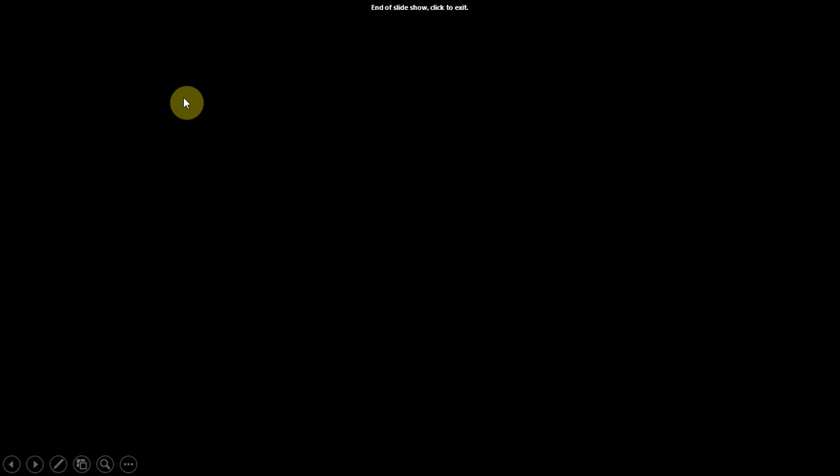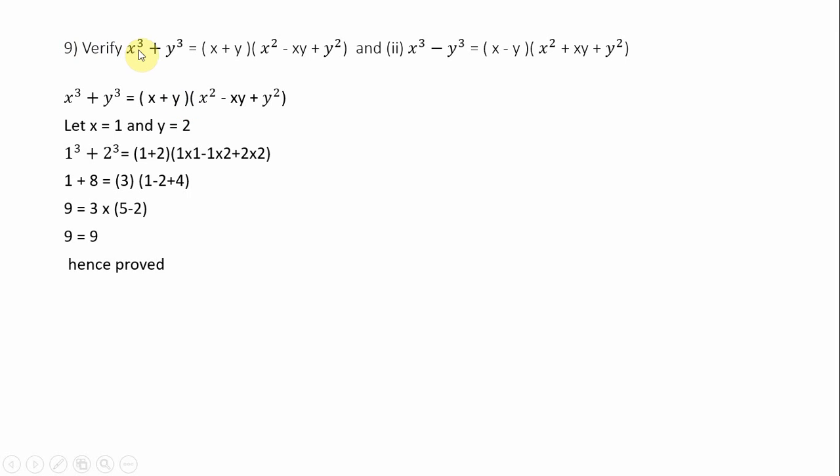So here you can remember it like this: when you have x cube plus y cube, then x plus y is there, and only xy will be negative. Now x cube minus y cube, how do you keep in touch with the formula? x minus y is there, so here also you're going to get x minus y. Only one minus will be there. So if you have a plus, also one minus is there. When you have minus, also one minus is there. When it is minus, this becomes minus. When this is plus, then obviously xy becomes minus, right?